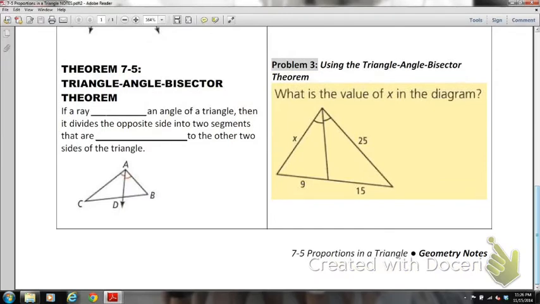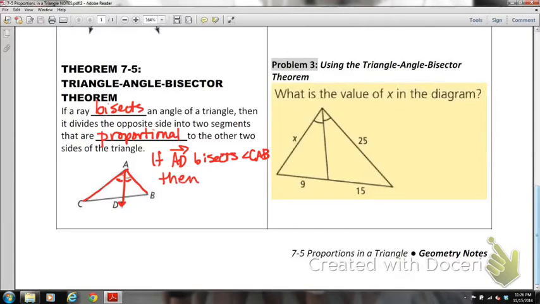This theorem says that if a ray bisects an angle of a triangle, then it divides the opposite side into two segments that are proportional to the other two sides of the triangle. So here we have ray AD that bisects angle CAB, and we know it bisects it because they have congruence markings drawn there,